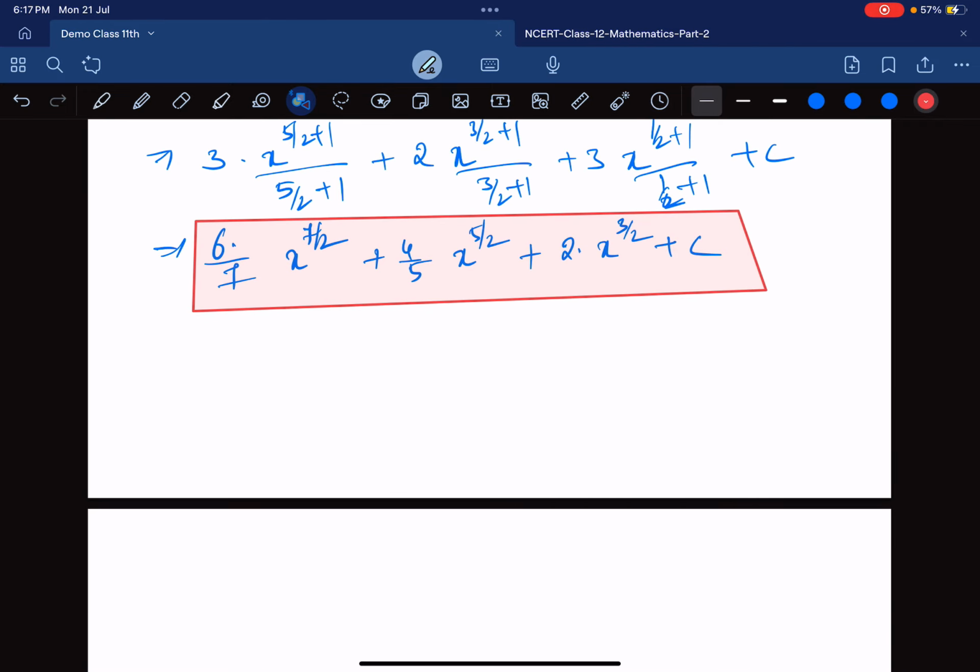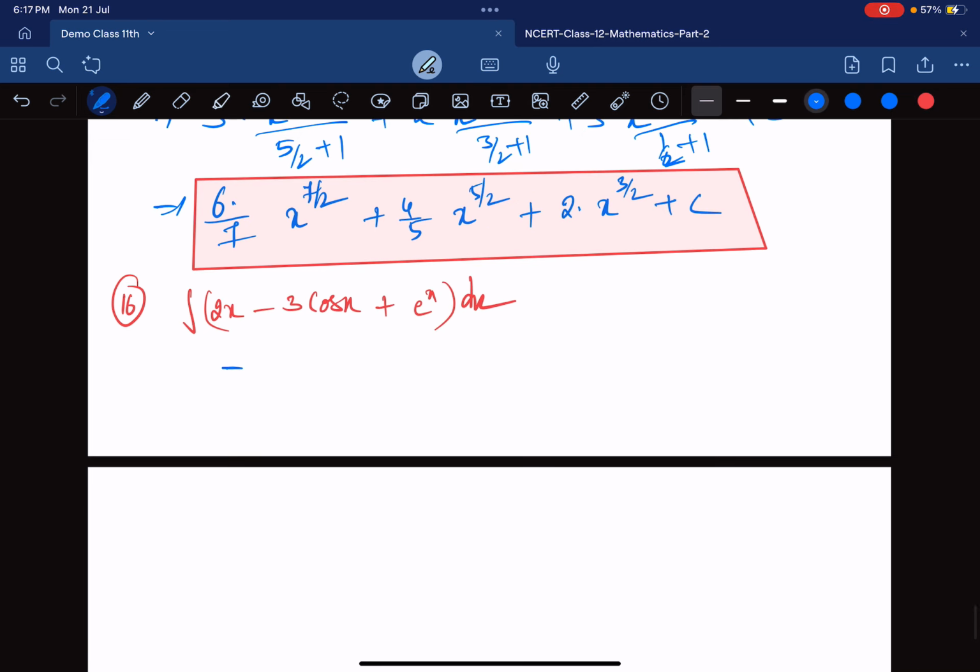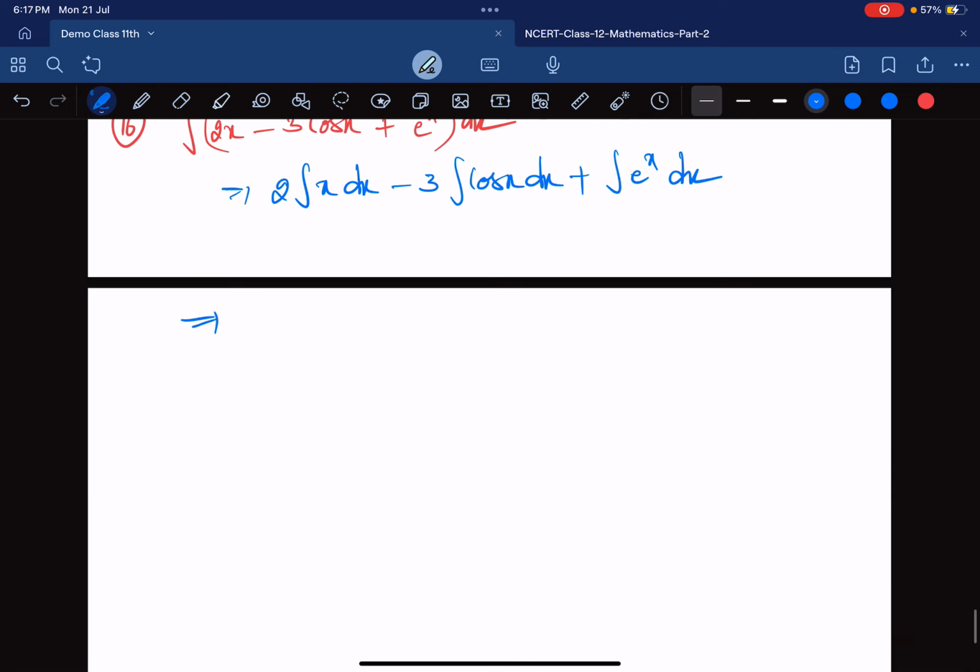Now see the 16th problem. This is also a direct problem. Integration of (2x minus 3 cos x plus e power x) dx, which implies 2 times integration of x dx minus 3 times integration of cos x dx plus integration of e power x dx, which implies 2 times x square by 2 minus 3 times, integration of cos x is sin x,